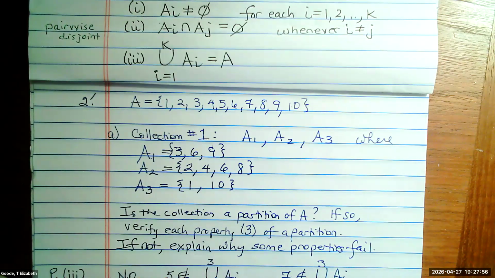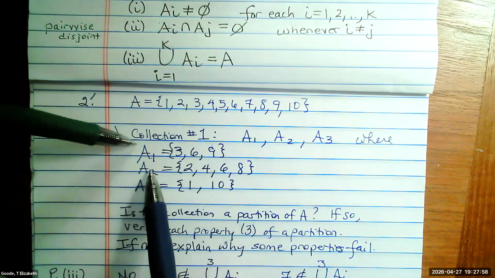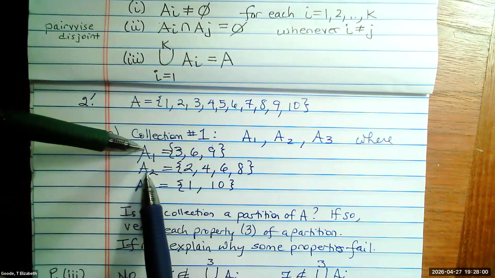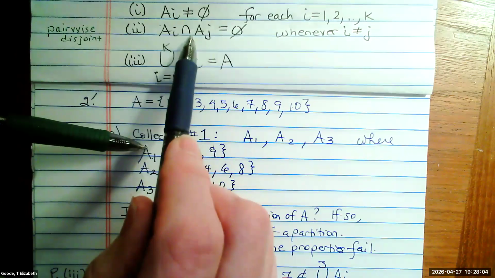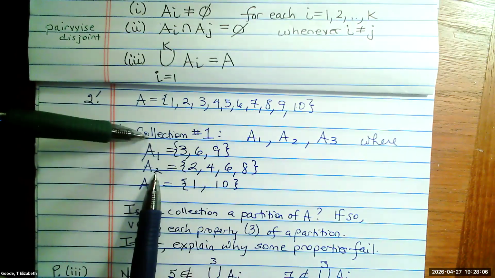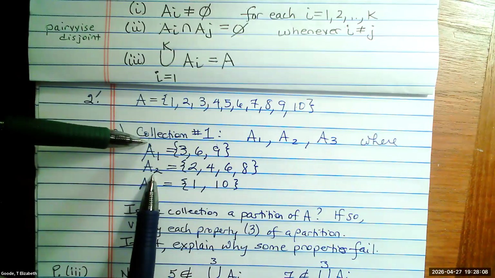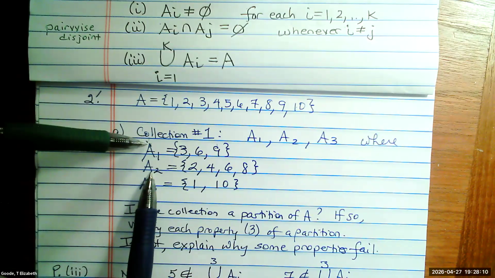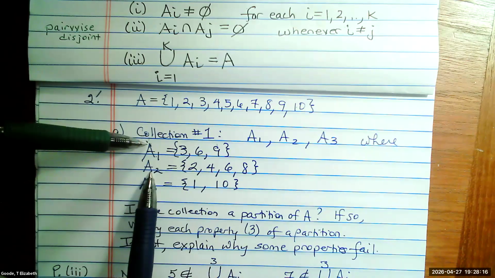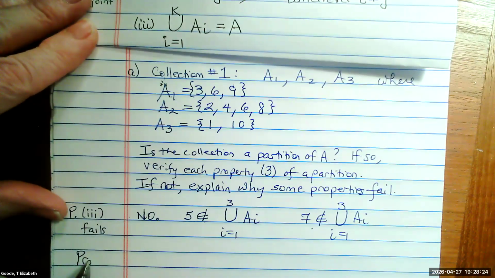In other words, if you take any two of these, like A1 and A2, and intersect them, is that intersection empty? Is Ai intersect Aj always empty? Or is there some overlap between A1 and A2? There is overlap. What is the intersection of A1 and A2? They intersect at, is it six? That's right. So property 2 fails